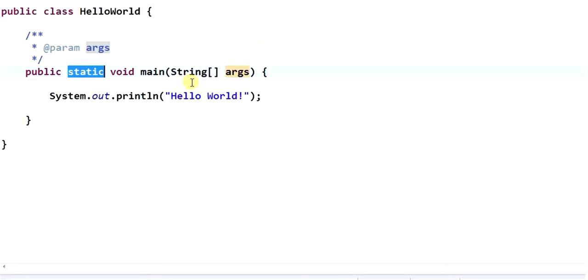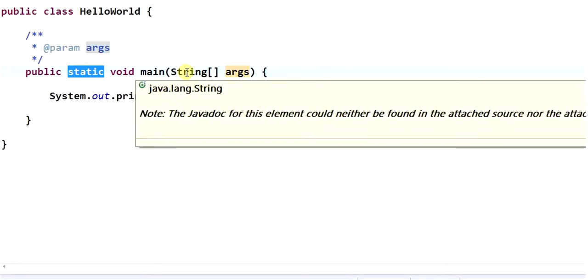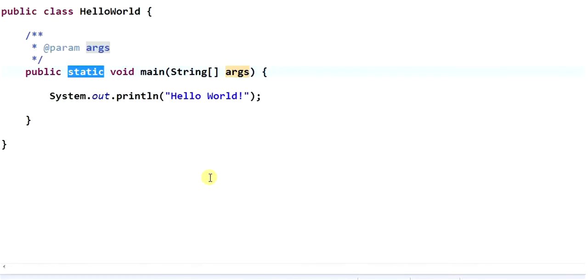Here we have an array of string argument. This is the parameter of our main method. That String args accepts an array of strings, used to pass values into your program, basically from the command line arguments. The name args is a variable name, so it can be called anything, but generally we prefer to name it args. Instead of args we can also use some other name.